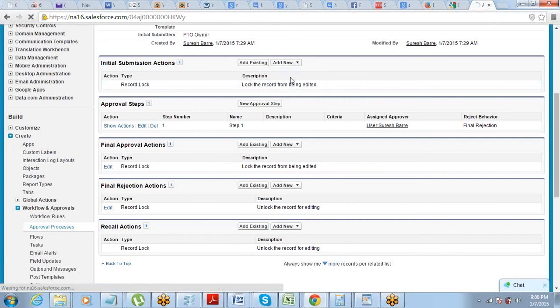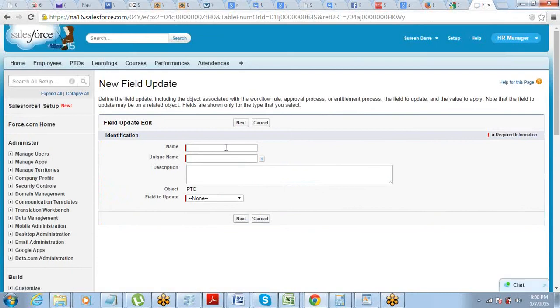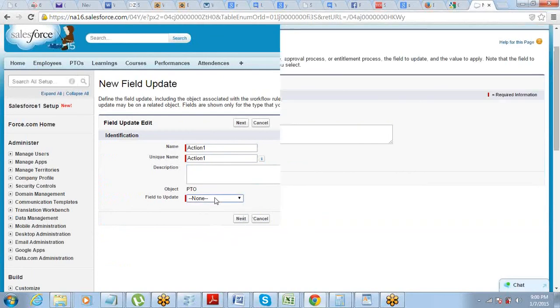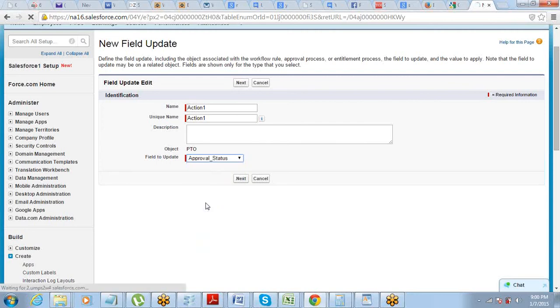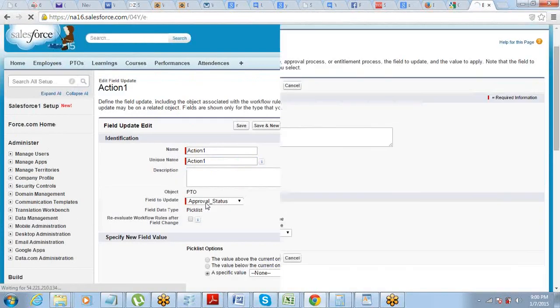Got it? Done. So my approval process base things we have defined. I have defined the criteria, I have defined the approver, and I have also selected the object. So primary things are done.